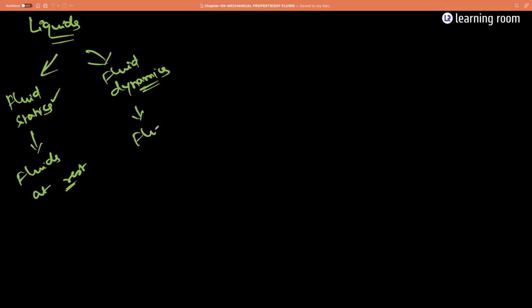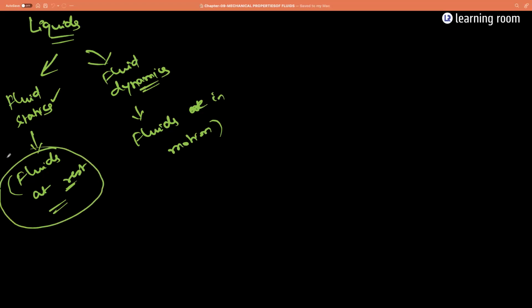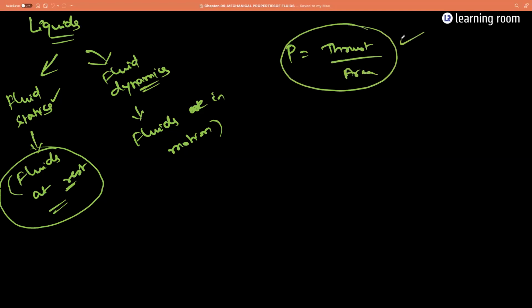Similarly, what are fluids in motion called? When you have fluids which are in motion, we call that branch of physics fluid dynamics. First we will study the fluids which are at rest. The question is, when you start applying pressure to a particular liquid surface, how does it get transmitted to other places? All those things we'll try to calculate. Did you guys understand what pressure is? Pressure is equal to thrust per unit area. Having this in mind,